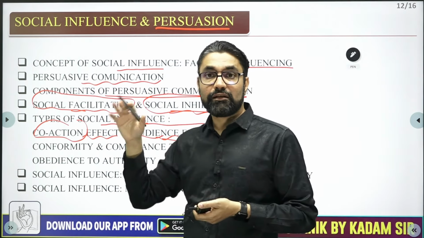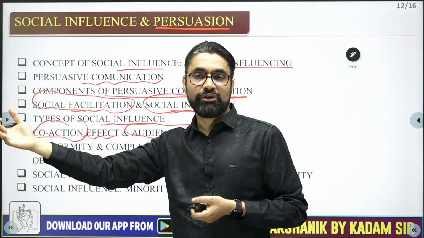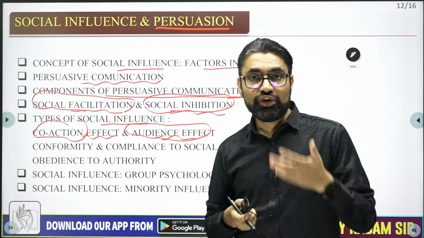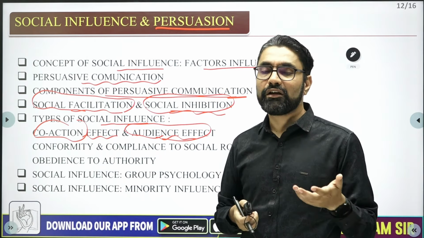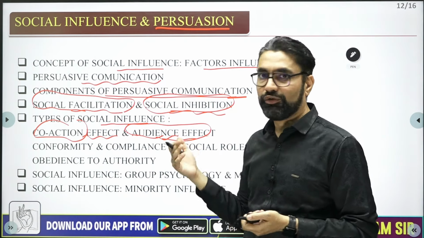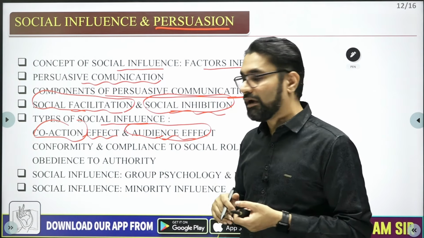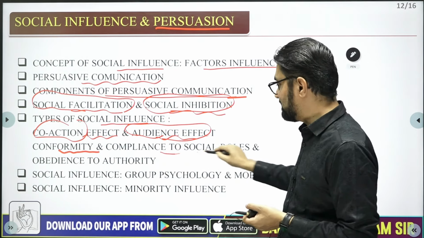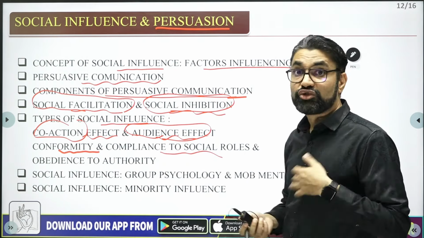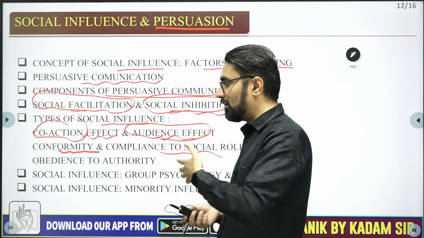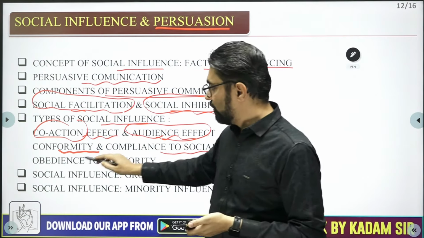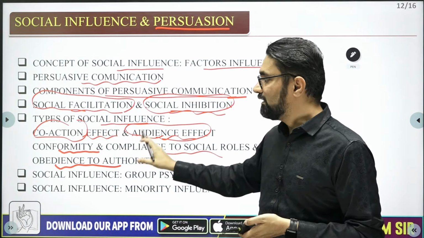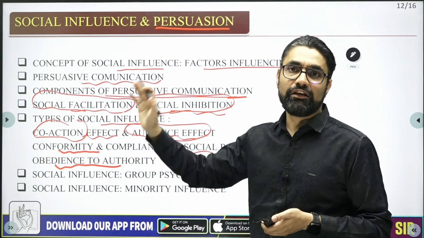Then along with that, social influence also has some different theories, and you will enjoy this part most because there are a lot of awesome experiments and videos that I will play for you in the class, and you will enjoy watching them, understanding this concept at a very awesome level. So in social influence, there are also theories of conformity and compliance to social rules. Most of the time we just obey, conform or comply to the social rules. And there is also one theory, obedience to authority. So conformity, compliance, obedience, these are the types of social influences.